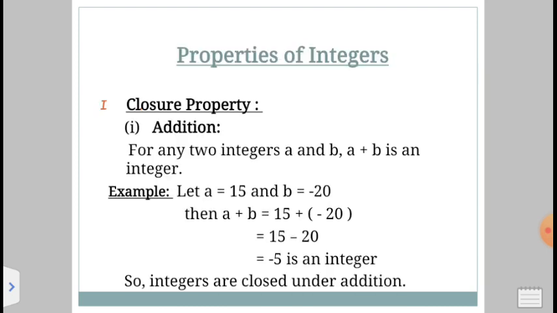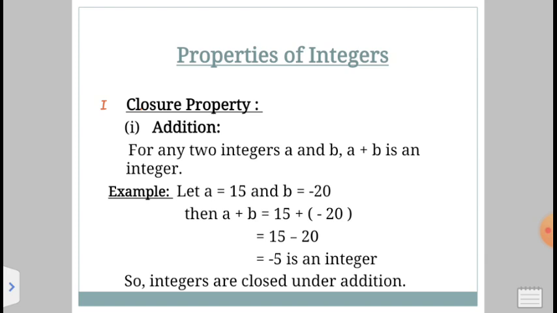Now let us move on to properties of integers. First, we are going to learn about closure property under addition. For any two integers a and b, a plus b is an integer. Now look at the example. Let a is equal to 15 and b is equal to minus 20. Then a plus